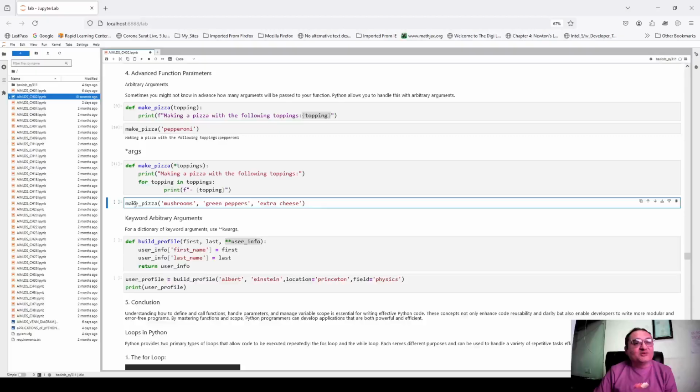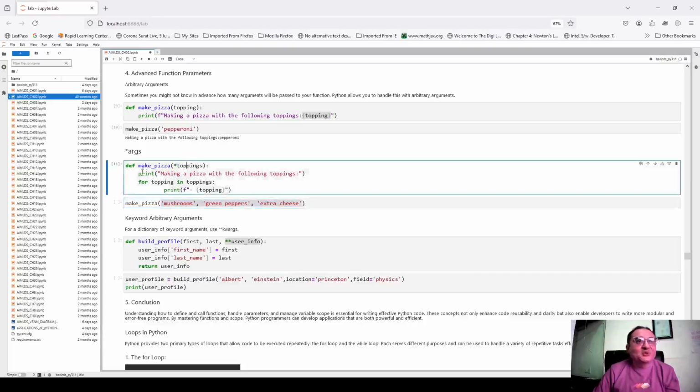Now let us call this function make_pizza, and I am passing this many arguments: mushroom, green peppers, and extra cheese. So these are three types of topping, and I can just go on adding a comma separated list, another, and then comma and another, and comma and another. So practically a countless number of toppings can be added. So if I execute this, what will happen? First, this mushroom, this whole list, all these arguments will go here,